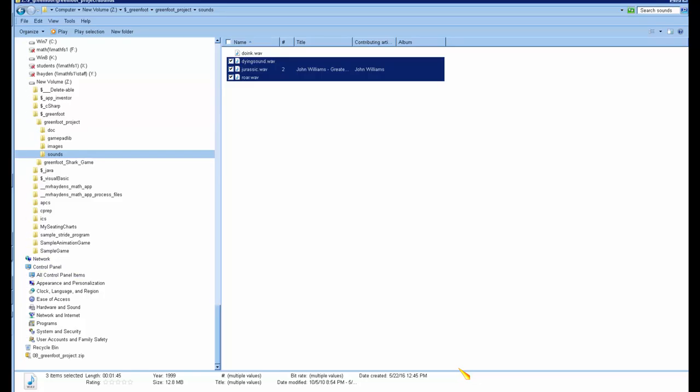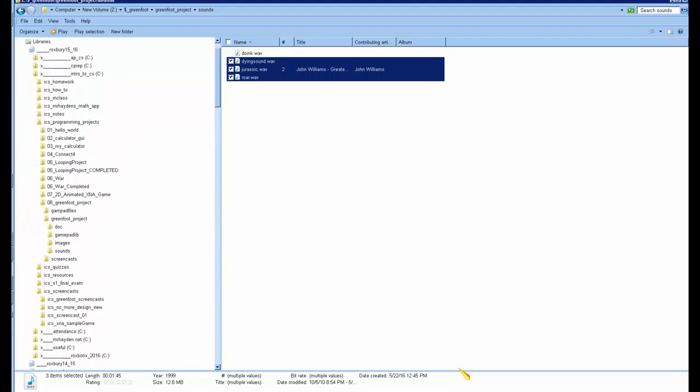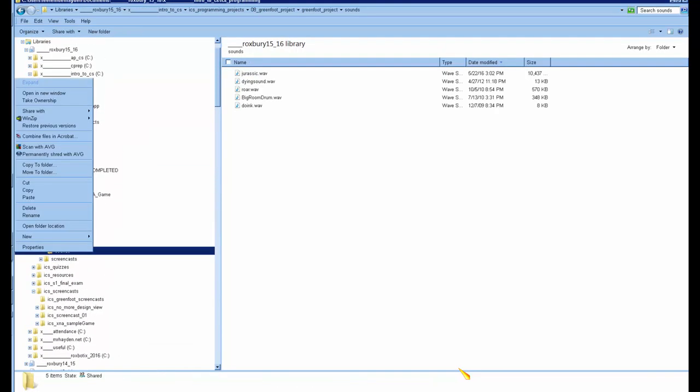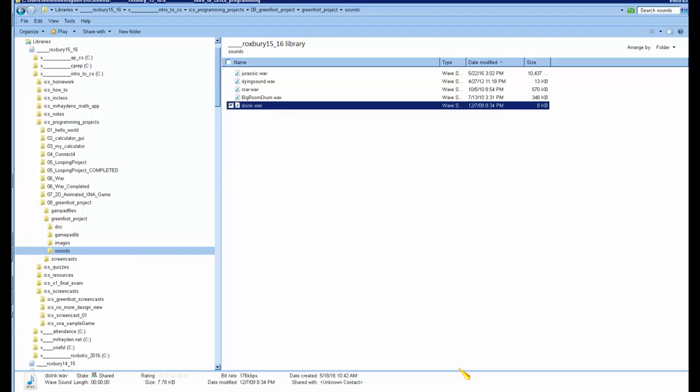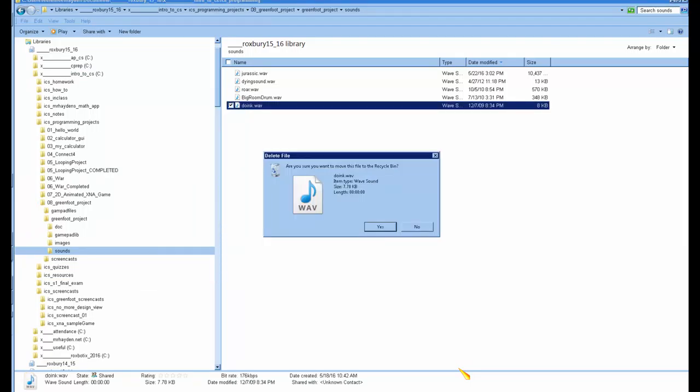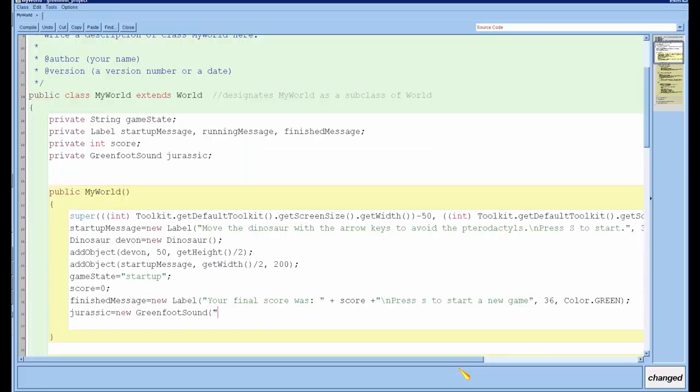So that's going to go into the sounds folder for the project. I have them there now. I'm not going to use this one. Okay, so that's Jurassic.wav.